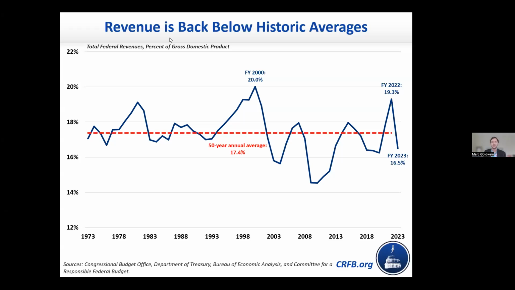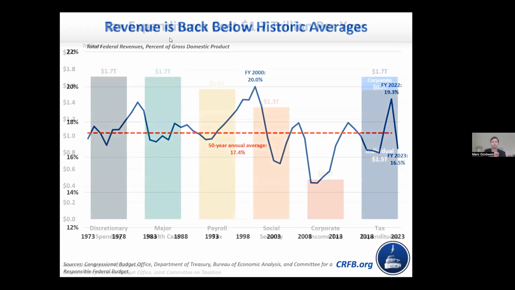And last year, I know we've heard some talk about record revenue. That was old talking points. Last year, we actually collected 16.5% of GDP. So our revenue declined substantially between 2022 and 2023. That's not mainly because 2023 was a bad year. It's because 2022 was a weirdly good year. And the steady state is more like last year, with revenue below 17% of the economy, below the historical average, and not growing all that fast.